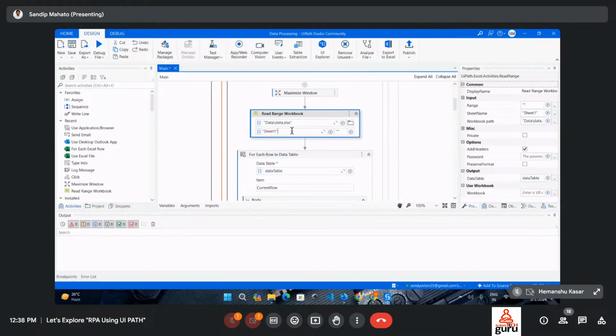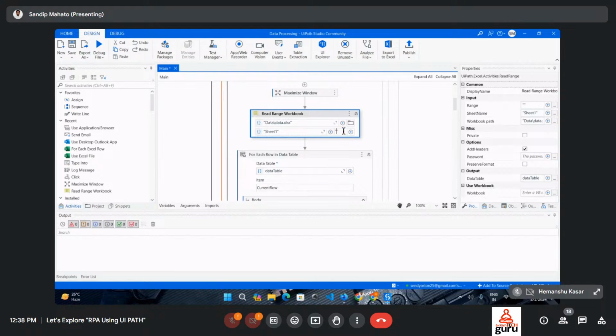Then, in that Excel file there are multiple sheets, but I want data from Sheet1 only, or you can provide an array here also. In that sheet I want all the data, not specific data. That means not just A1 to B8, I want all the data in Sheet1. So simply